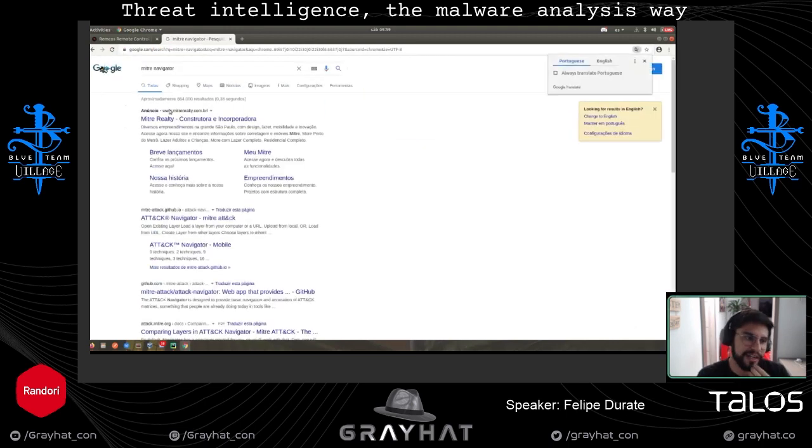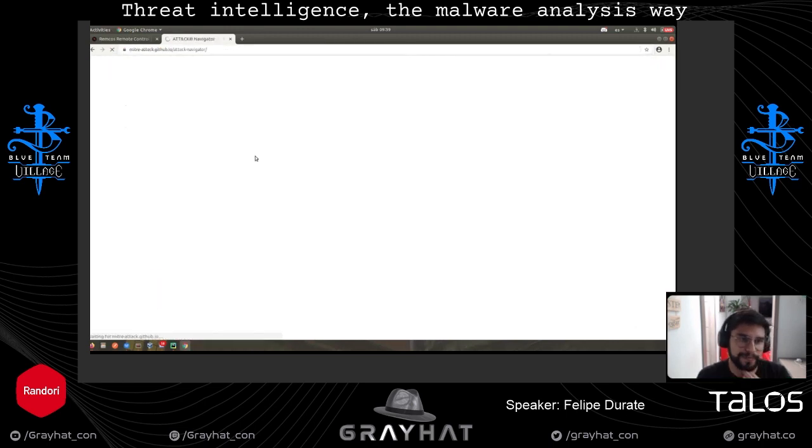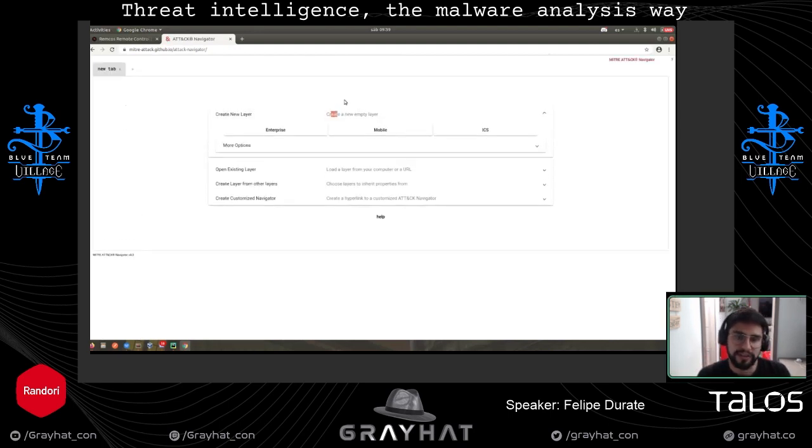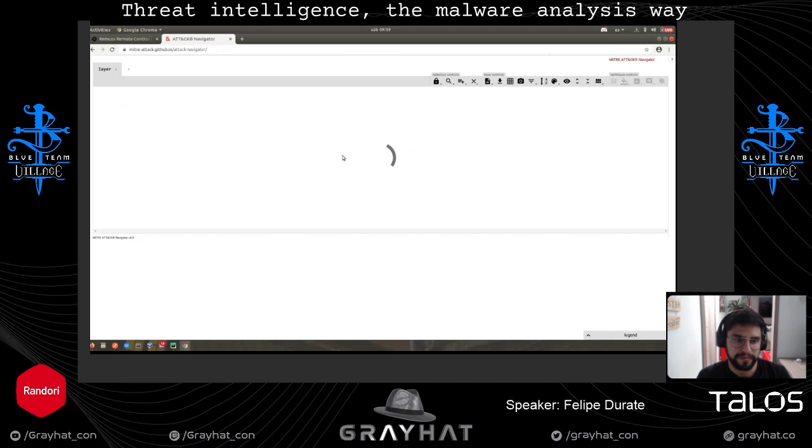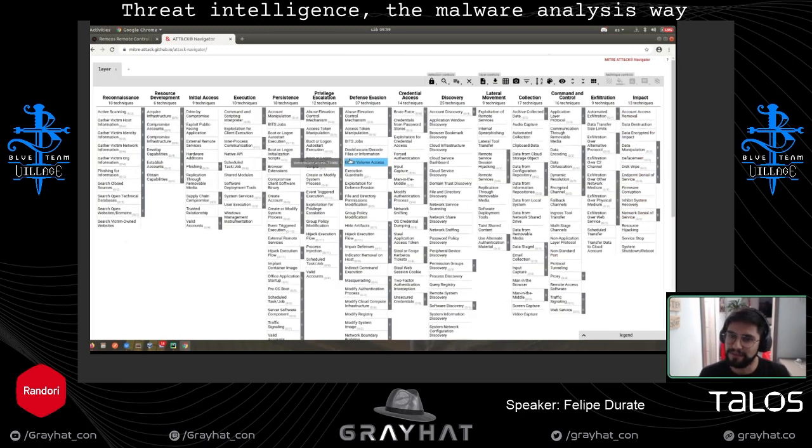And actually, I really like it because, well, I know there are a lot of usages for this MITRE ATT&CK matrix. But for me, at least from the standpoint of malware analysis, it's very interesting because it's kind of an encyclopedia, a dictionary, in which there are a lot of techniques that you can get information about.